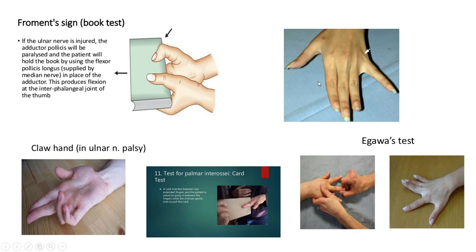Now due to interosseous wasting or interosseous muscle weakness, there will be weakness of adduction of the fingers. This is classically demonstrated by the card test. We put a card between two fingers and try to pull it, and the patient cannot hold it. This is called the card test. And last but not least, there is the egg test, or pad or dab test. This is the test to know the strength of the interosseous muscles.